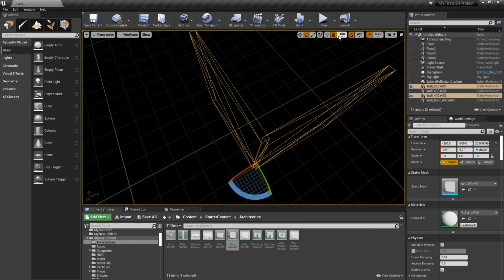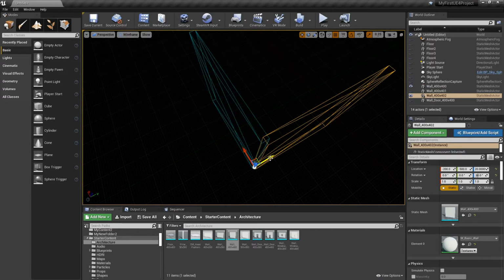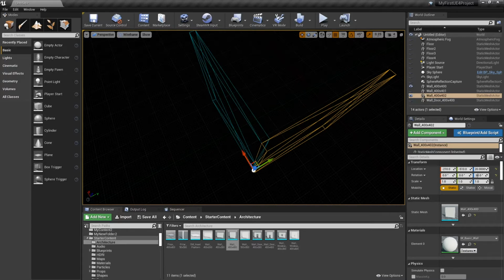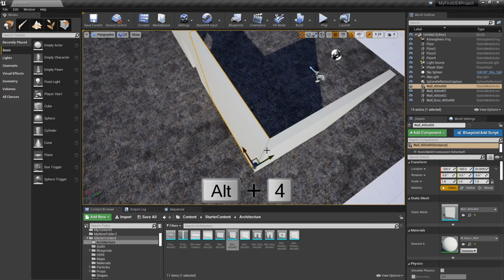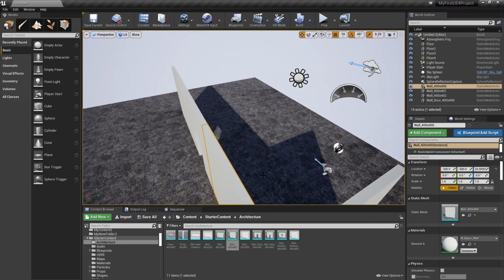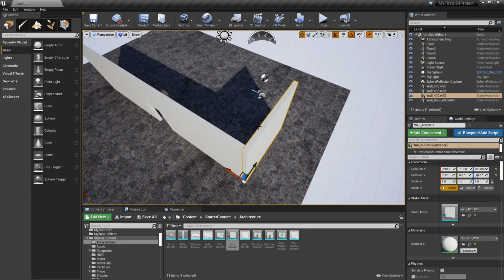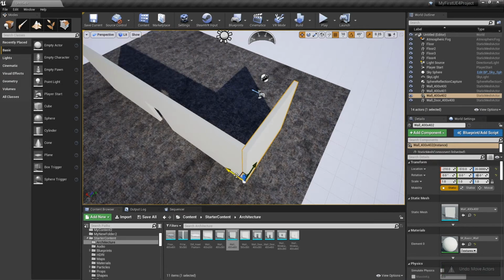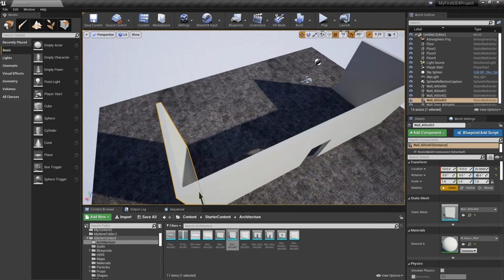So what I'm going to do is I'll change my snapping to 10 and we'll just tweak this one way here and here. Great. And so we can do Control H to unhide everything, and we'll also hit Alt 4 to go back into lit mode. All right, so we've got that wall set, and we can also just duplicate that now. I'll just drag this down. Actually, as I drag it down, I'm going to hold down the Shift key so that my camera moves with it. Great. Looks like I got it.